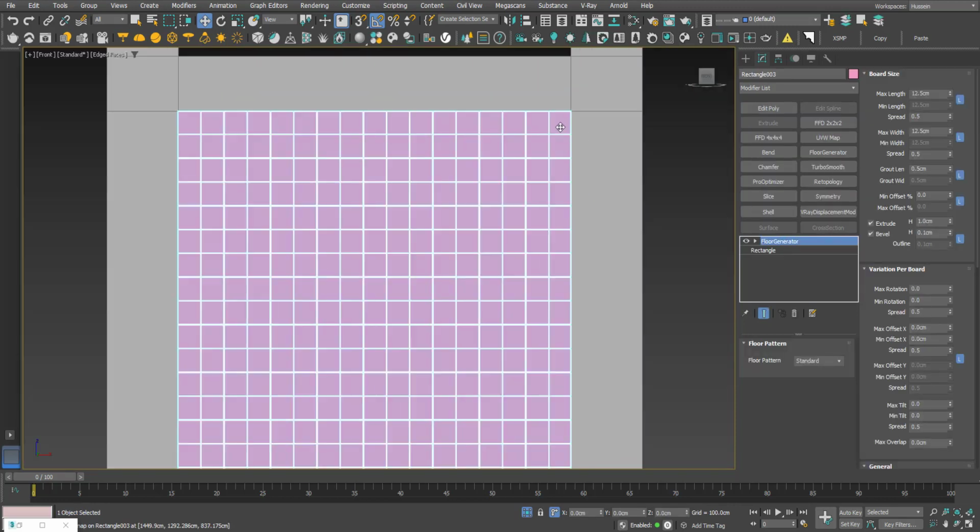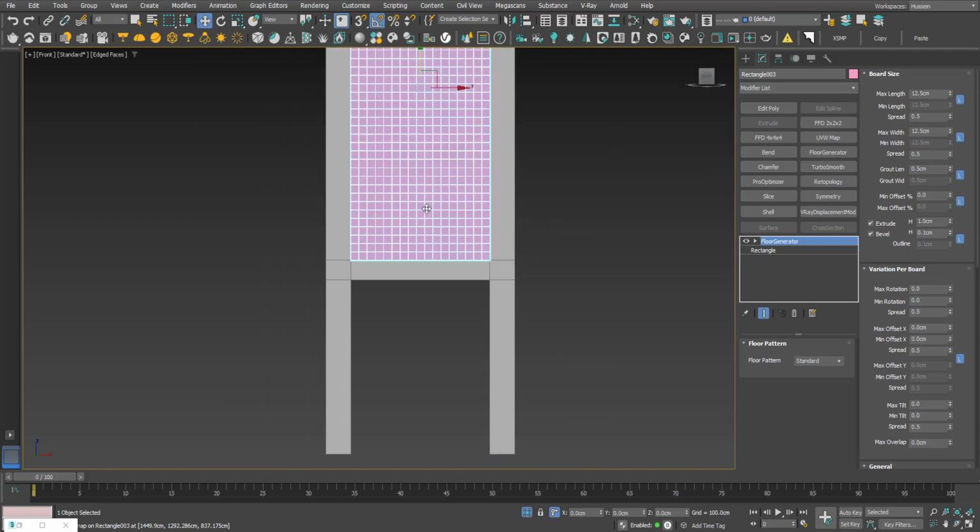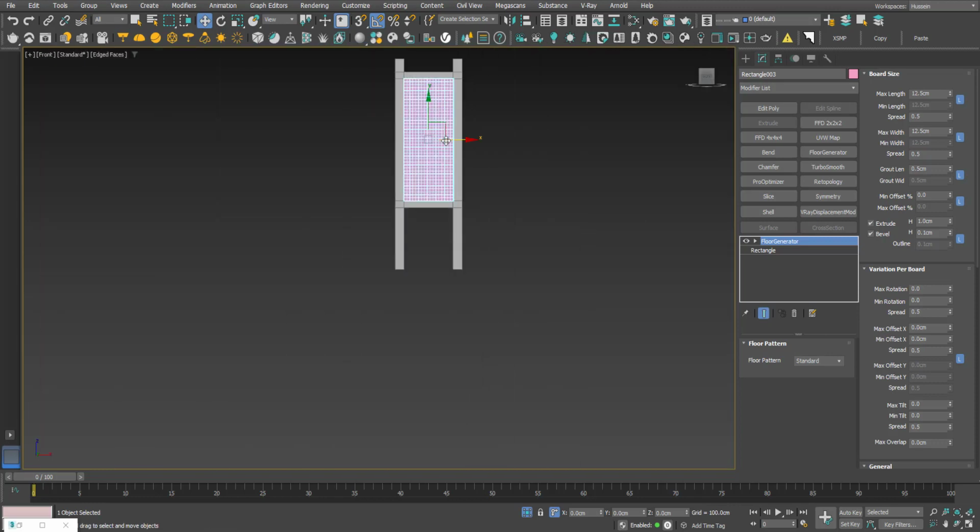As you can see, I don't want any parts in the corner. This distance has been calculated to get complete parts.